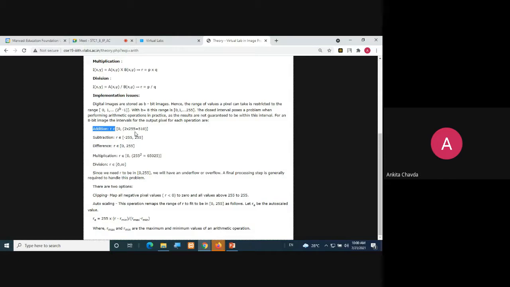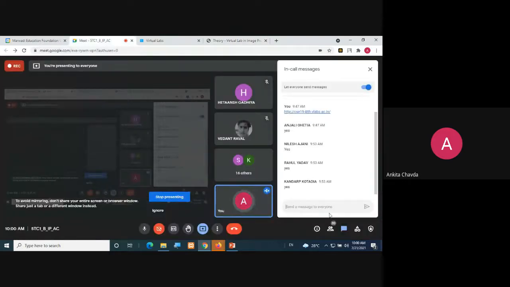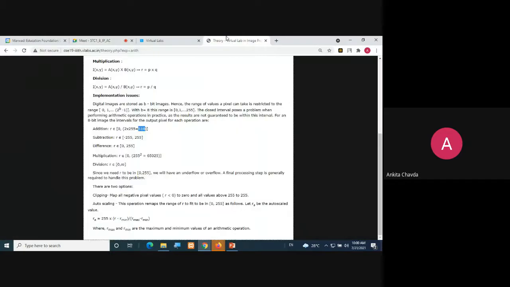It means 255 into 2, so you will have the max value 510 in addition. I hope you guys are getting what I'm saying. Say at least yes or no. Yes. Okay, great.